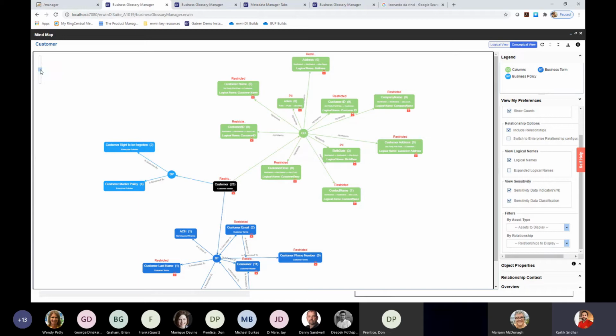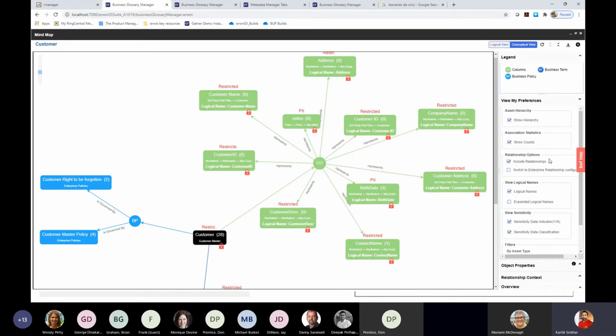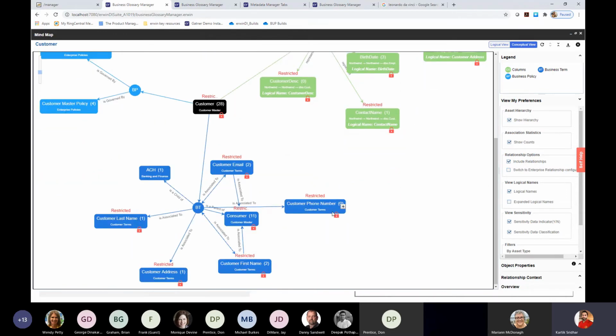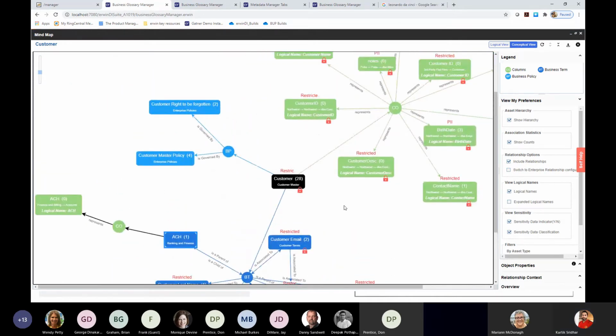And you also have the ability to view the statistics or association count for each of these assets, so that you know this particular asset has no further expansions. So you see a count of 0 against this. So this has no expansions. This has 0, so no expansions. Whereas this has 2, so there are some further expansions. This has 1, so I know this has further expansions. So intuitively you know which one to expand and which one doesn't have any further expansions. So you have the ability to set that count in your preferences as well, and that again gets set as a preferred setting for you as the end user.